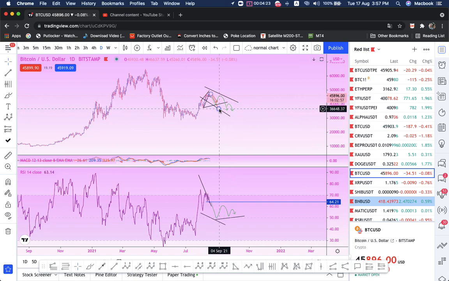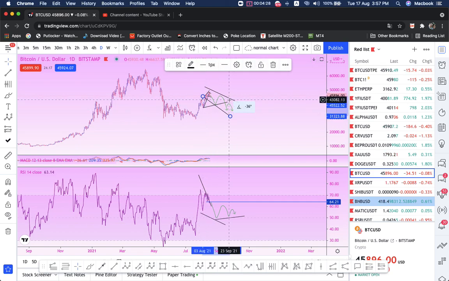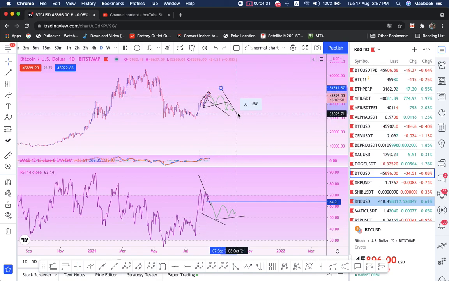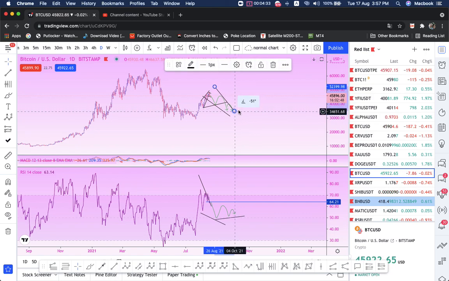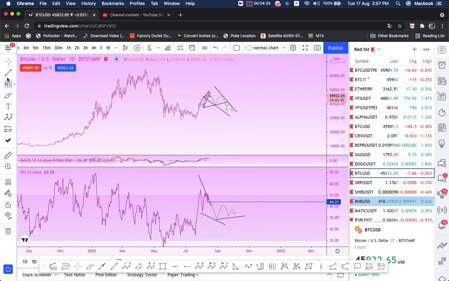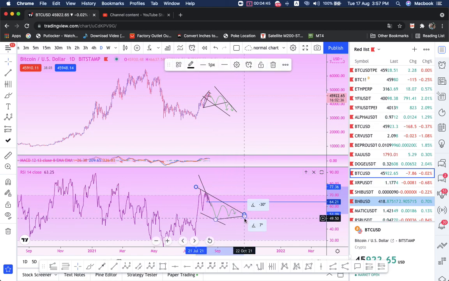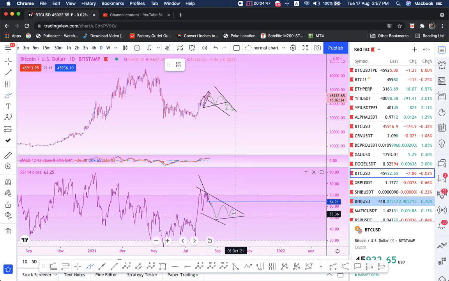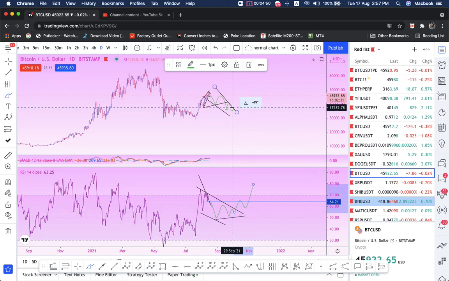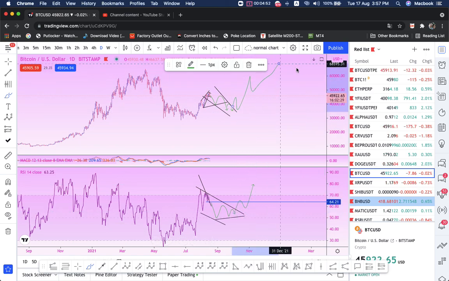And let me remove the red arrows so you guys can see. So it ends up becoming like a wedge thing here, right, like that. Okay, that's only my prediction, guys. So basically we're expecting that it goes like this, and then the RSI breaks out, and that's where the market moves up. All right, that's what I'm expecting using the RSI on the daily.